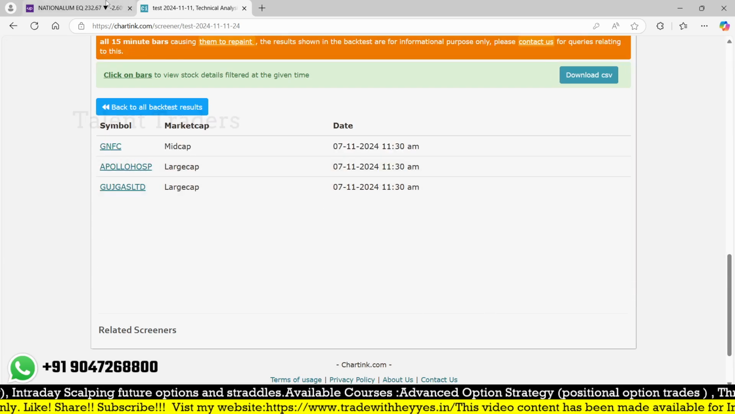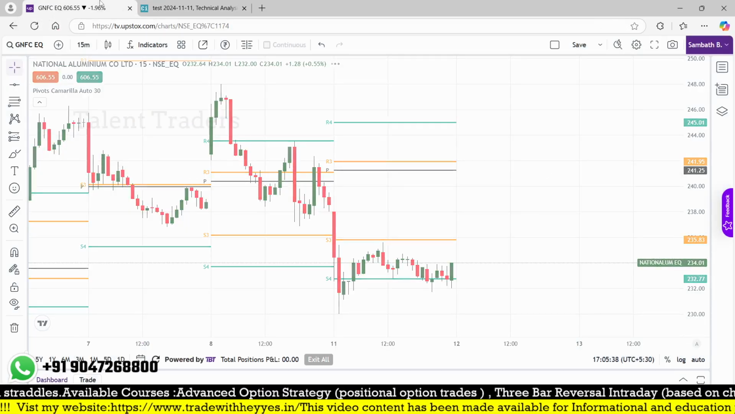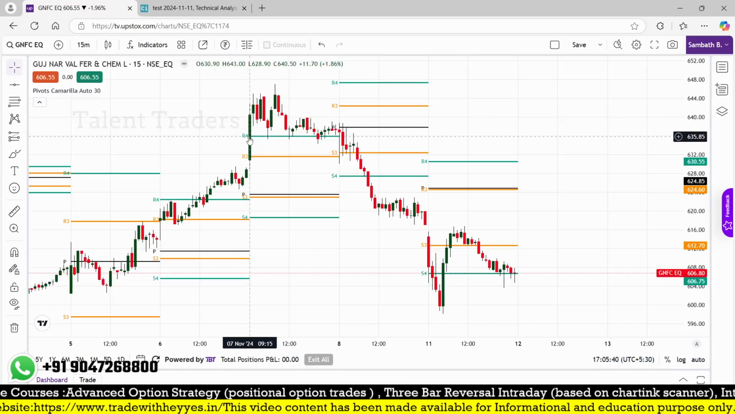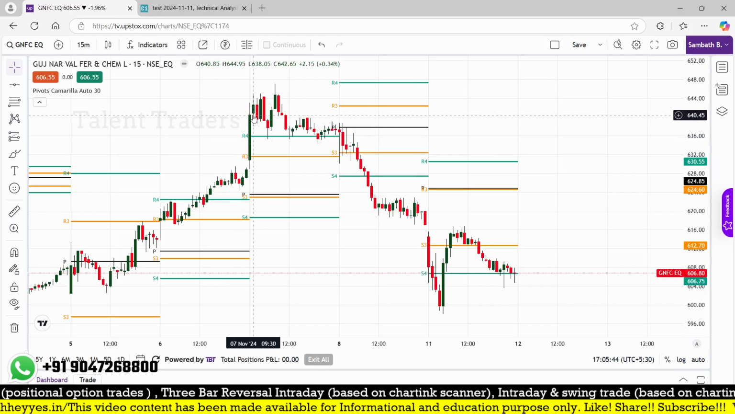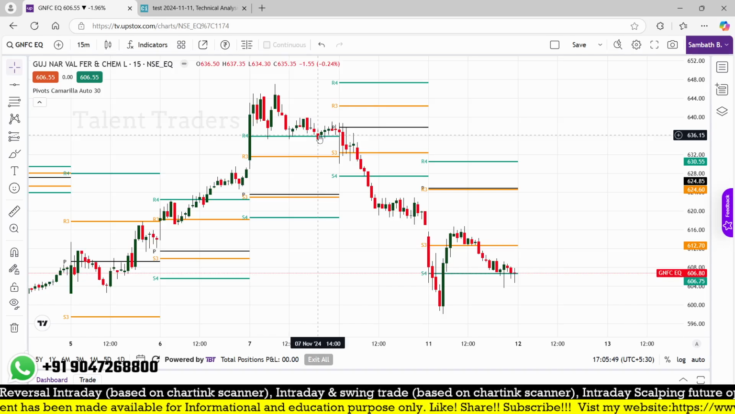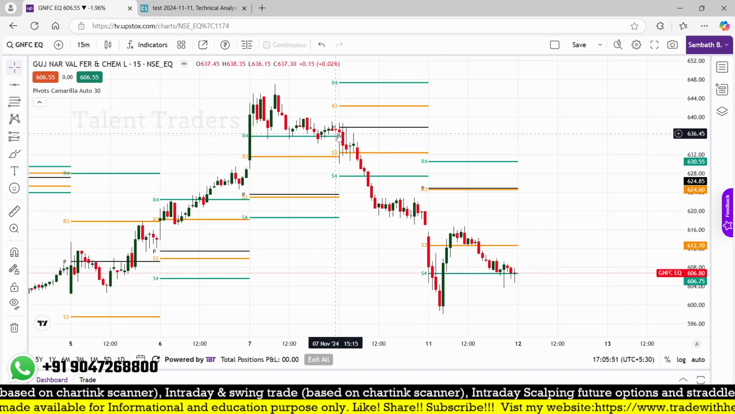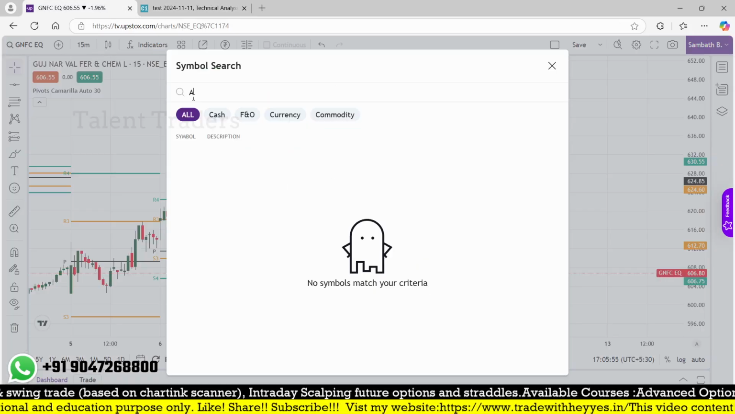So GNFC, Apollo Hospital, Gujarat Gas, and 7-Eleven. So GNFC, that will be the point 7, and it was a big move, and then it moved well, and it closed near 2 o'clock, but the intraday time is over, and after that it is moving down. Okay, that's good. And Apollo Hospital,